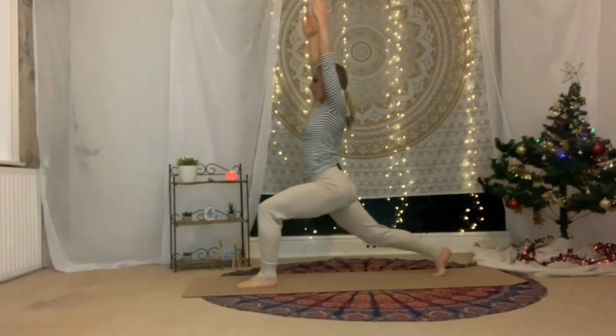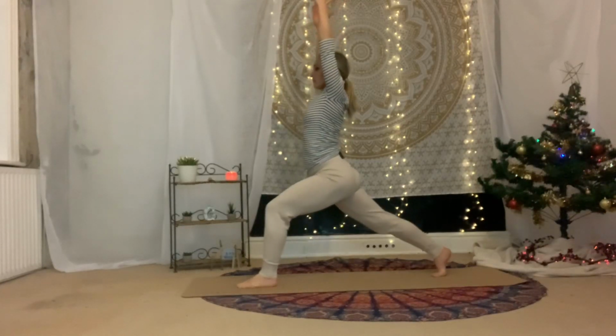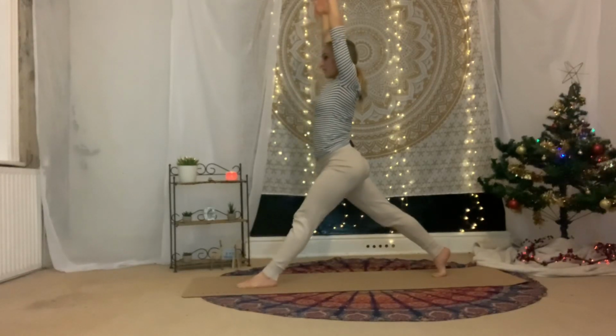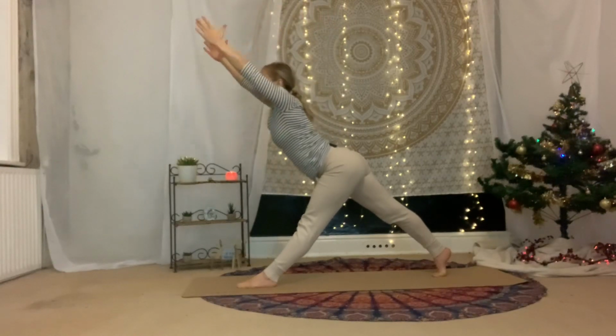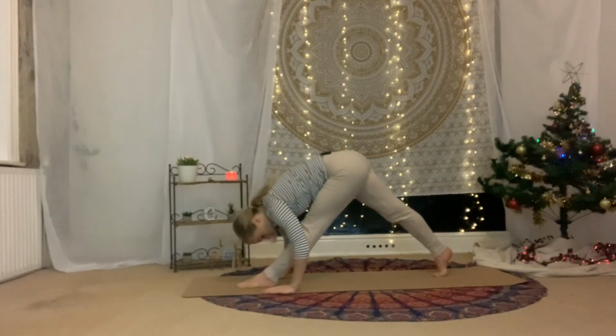One, two, inhale down, exhale up. Three. Beautiful. Straighten both legs out. Flat back as you reach forward, forward, forward. Find length through the spine and bring the hands down. Bring the forehead towards the shin. Back heel is lifted. Inhale